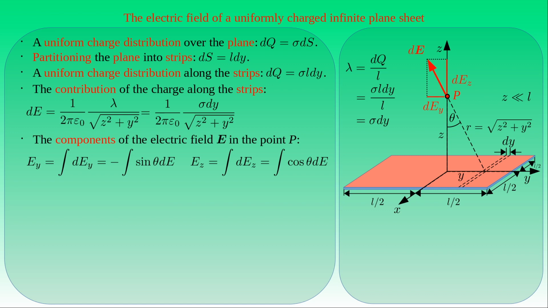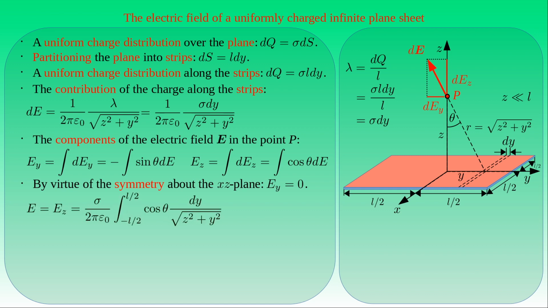Their z components point in the same direction but their y components point in opposite directions. As a result, these infinitesimal contributions to the net electric field cancel each other out in the y direction. That is, the y component of the electric field strength vanishes and it has only a z component. Then the magnitude E of the electric field is equal to its z component, which is given by sigma times